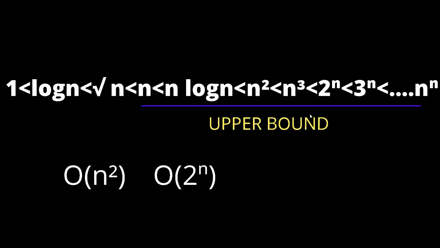This is the doubt that might come. Like, is big O of n and big O of 2 to the power n equal? Or is it fine if I write the program in big O of 2 to the power n? The answer is, if you write the program in big O of 2 to the power n, it is correct,